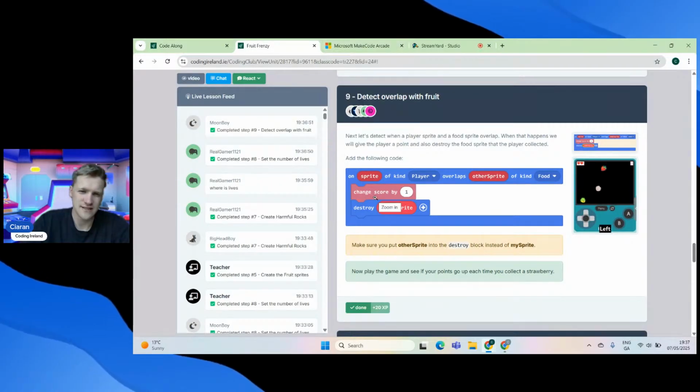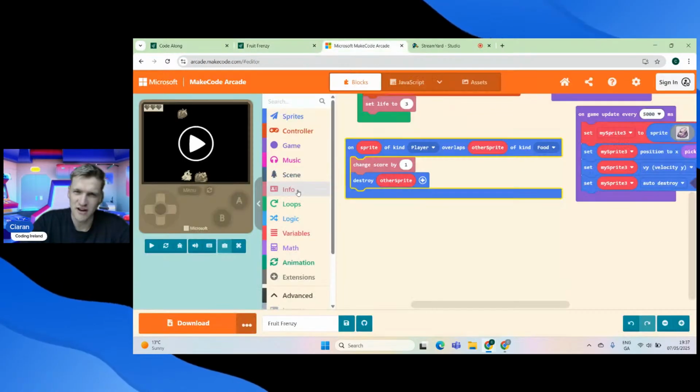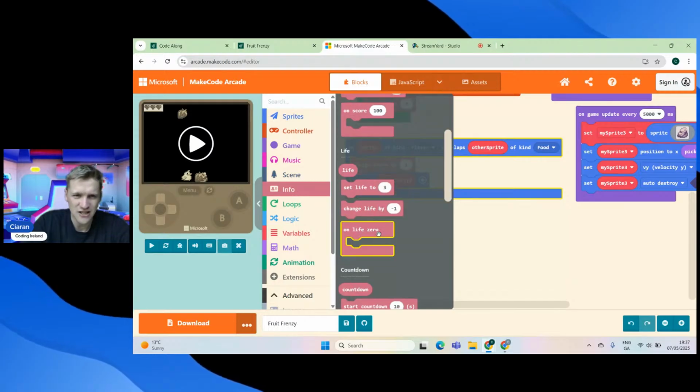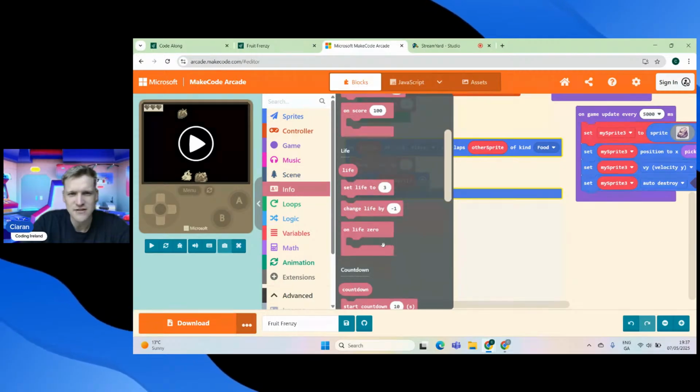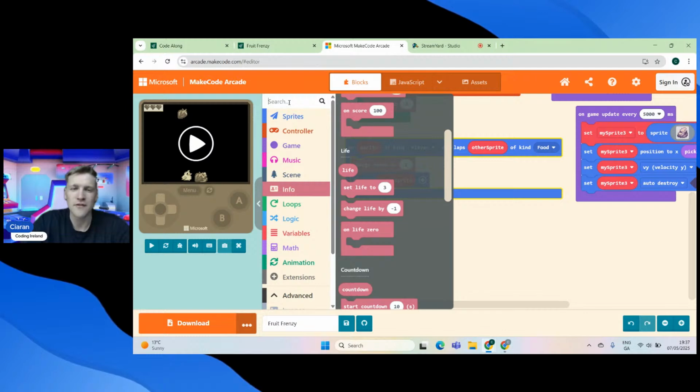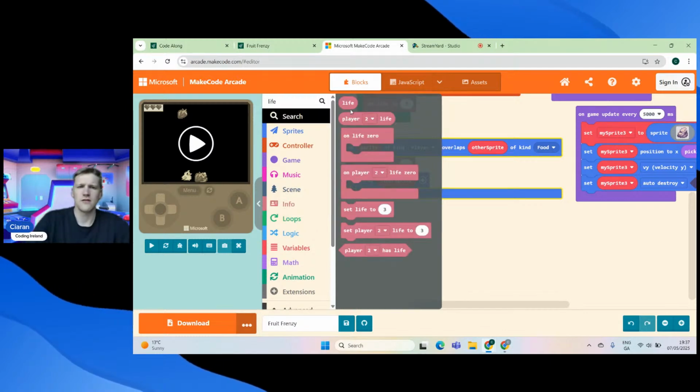Look at the color of it, so you can tell it's that kind of washed out, ready kind of color. It's a peachy kind of color, and all the live stuff is in there. But if you're ever not sure, guys, there is actually a search bar up here. So if you were looking for live, you could search it, and all the blocks involving lives would pop up